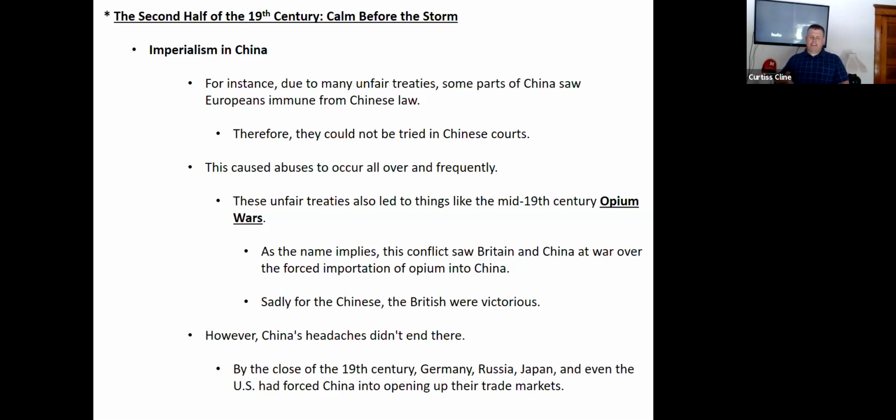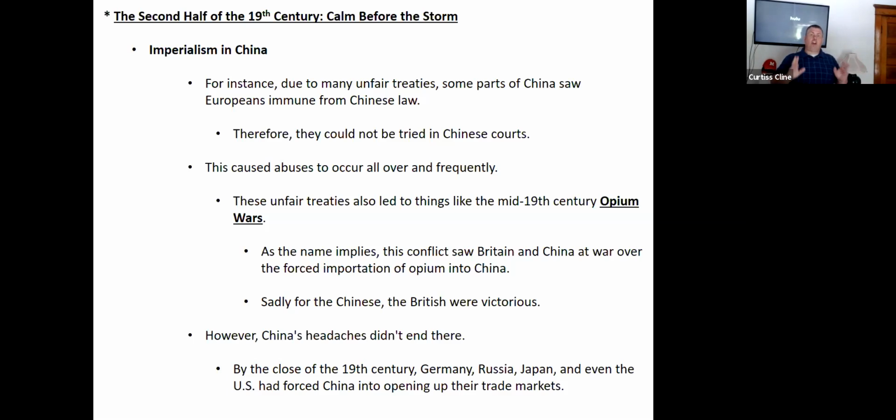As the name implies, the conflict saw Britain and China at war over the forced importation of opium into China. So what you have is out in Afghanistan, in that area, Pakistan, huge amounts of poppies grow. The only real thing you can get out of poppies is opiates. Great for painkillers and stuff, but very addictive. Well, if you want to sell a lot of that stuff and make these colonies out in the desert worth something, you harvest this stuff and you push it into large populations who are very poor, don't have much going for them, and desire an escape. And hence you get the opium imports into China.